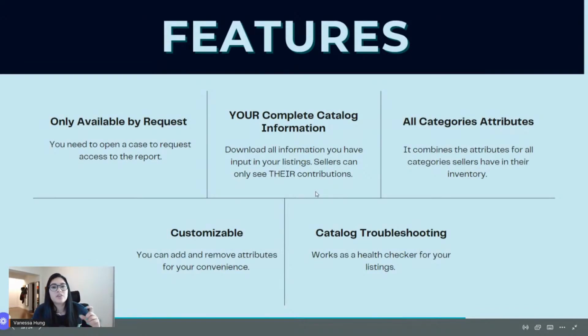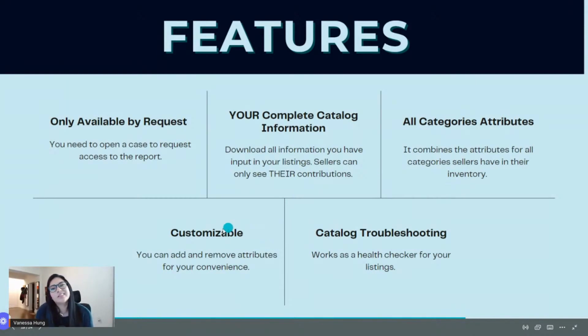But the cool thing is that you can then start playing with those attributes and using attributes that are not developed for your specific category to see how we can get more keyword space or SEO for that. The results are just incredible. Then, all category attributes. That's what I would just mention there. If you're just selling in one category, you won't see any other ones, but it can compound everything.